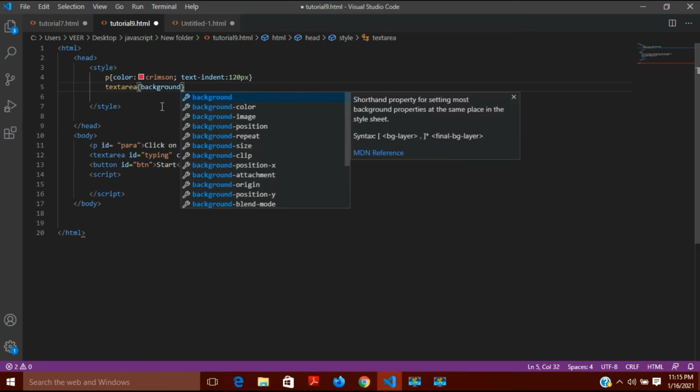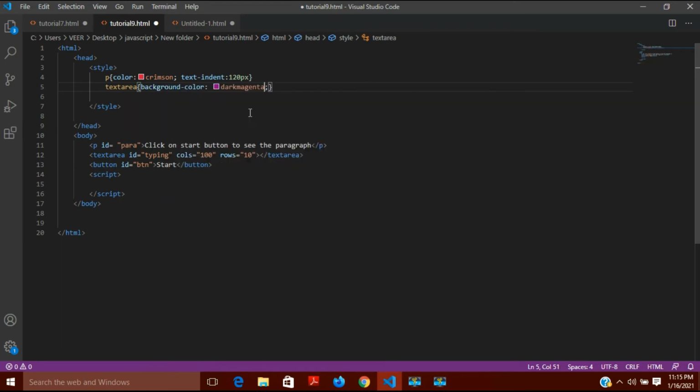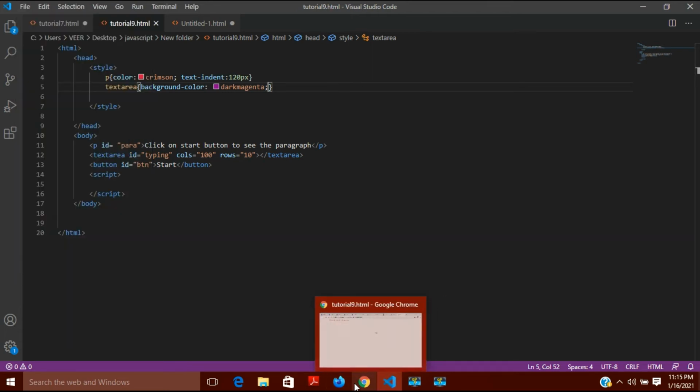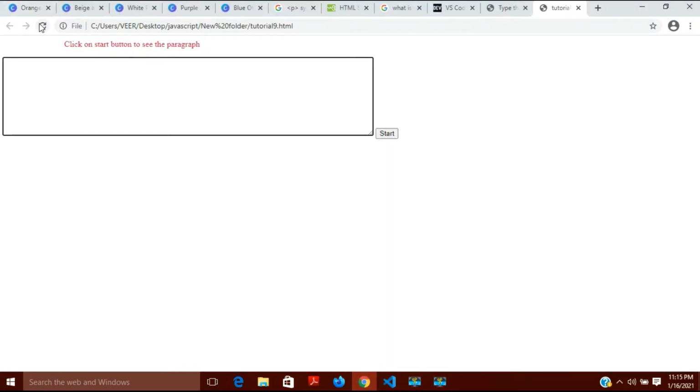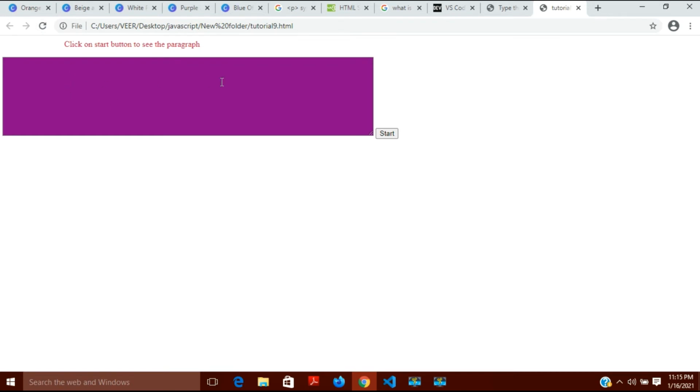So its background color will be this one. Okay, and save it. So this is the background color which I have given to it.